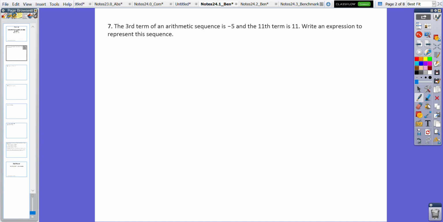First thing you want to do, to help us visualize, is write in our blanks. We're going to write in a sequence of 11 blanks here: 1, 2, 3, 4, 5, 6, 7, 8, 9, 10, and 11. And this sequence keeps going on forever. Now we know that the third term is -5 and the 11th term is 11. The idea here is that we want to use this information to help us find both the common difference